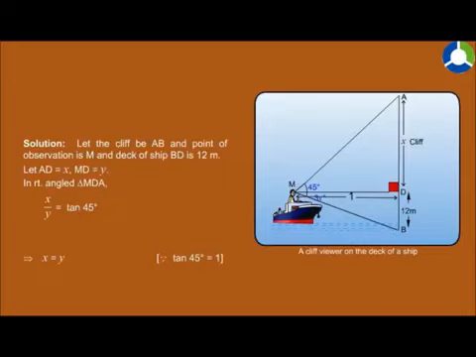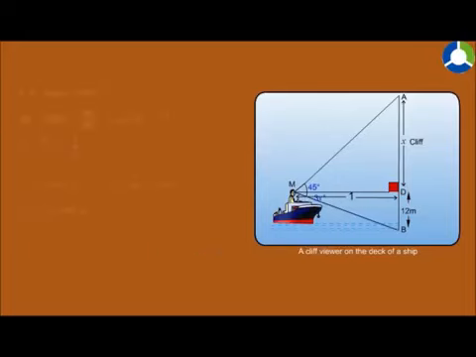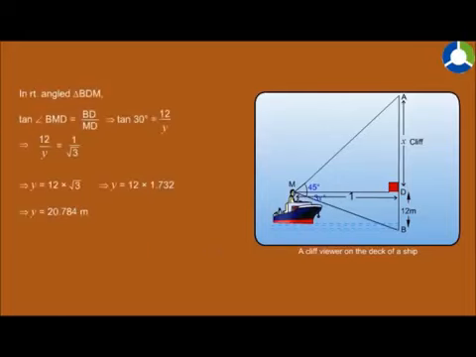In right angled triangle MDA, x upon y equals tan 45 degrees, which implies that x equals y, since tan 45 degrees equals 1. In right angled triangle BDM, tan angle BMD equals BD upon MD, which implies that tan 30 degrees equals